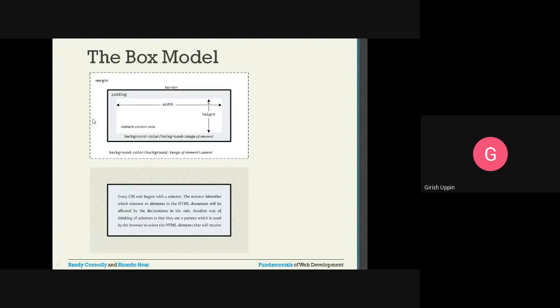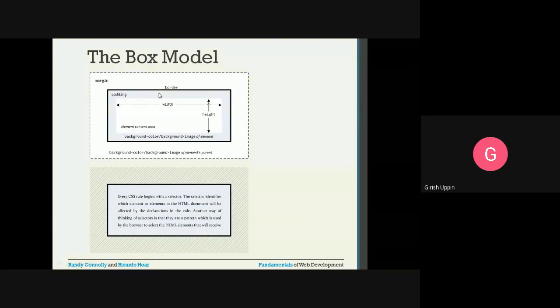Here you can see the margin. Okay, this is the margin. We will have a left margin, top margin, right margin, and bottom margin, and whatever the background color or the background image of the particular element's parent, that will go in here.